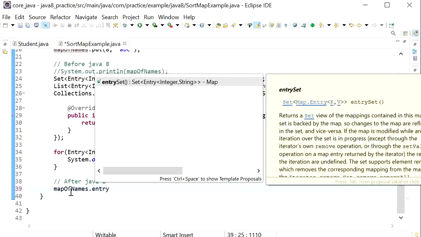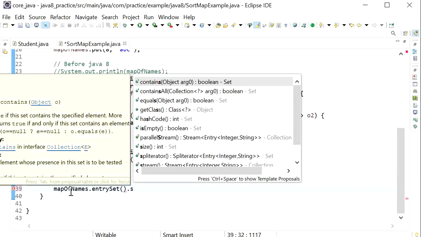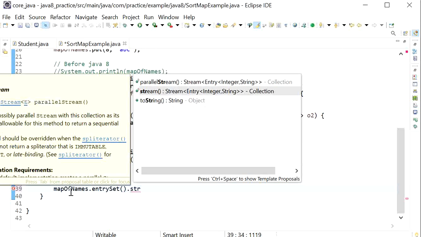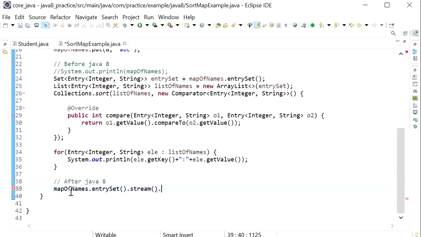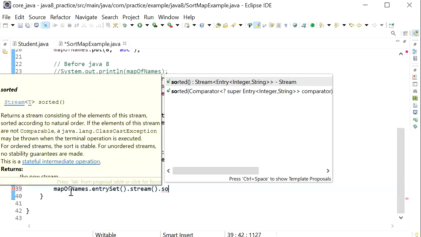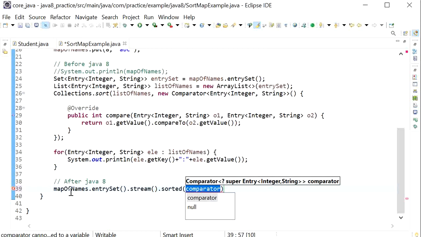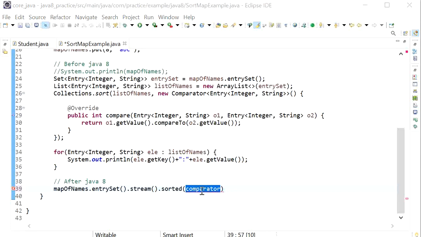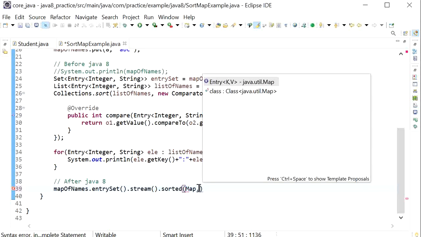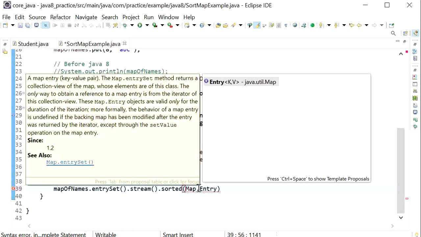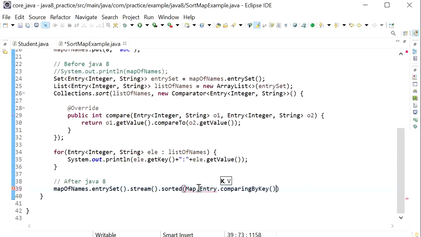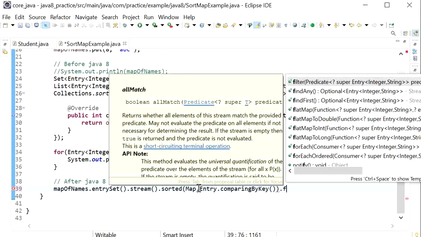First I will get the entrySet, then convert this set into a stream, and after converting into a stream we call the sorted method, and inside the sorted method we pass a comparator. Here we write Map.Entry.comparingByKey. If you want to compare by key, then we call comparingByKey.